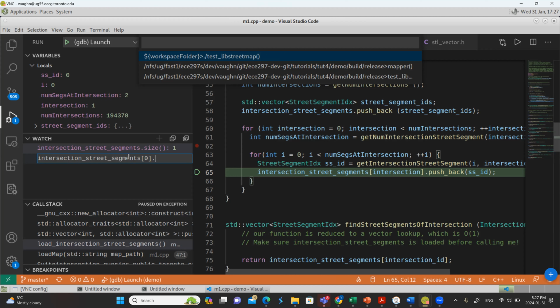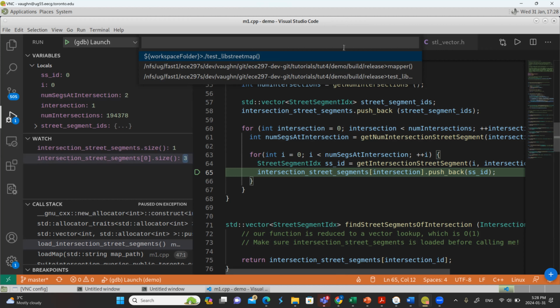Okay, so that's the value for intersection 0, and that should be a whole vector, and it is. That's not super interesting. Maybe I'll say, what is the size of it? And it says it has 3 things in it. Okay, so 3 street segments. That seems reasonable. So you can figure out a fair amount, even examining a program after it's dead.